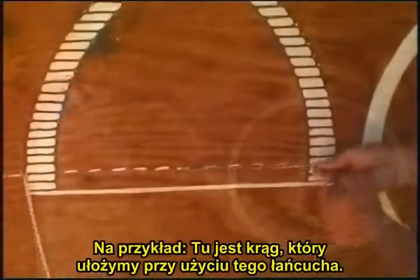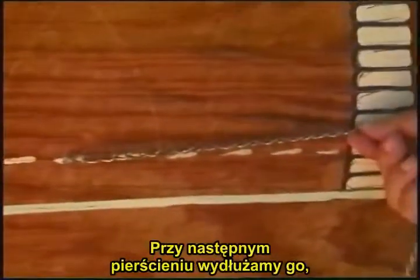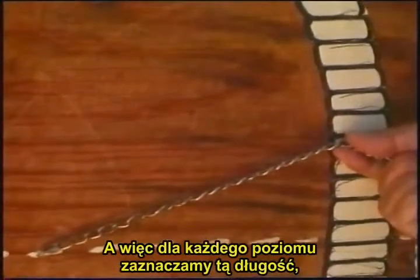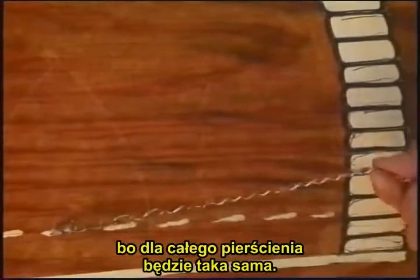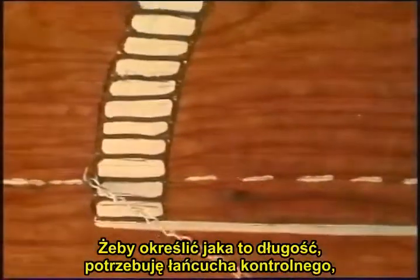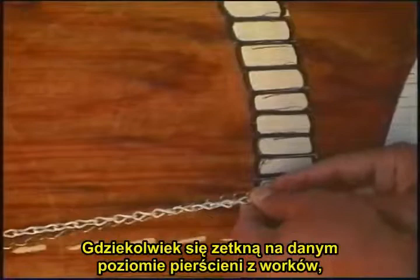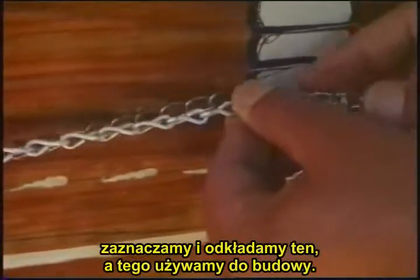For example, here's a ring we will lay with this chain. The next ring we need to make it a little bigger. The next ring we need to make it a little bigger. Therefore, at every ring, this needs to be marked, because that ring will be the same. To decide what size this will be, we need this control chain. The control chain is the one that never changes, and it touches this chain. Wherever they meet at that ring of the sandbags or super adobe that we lay, that will be it,